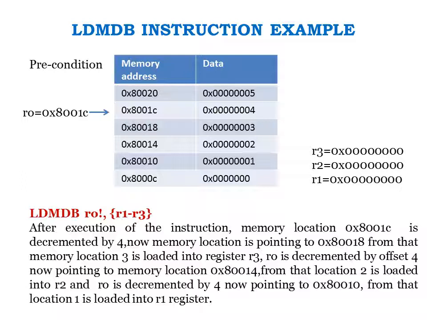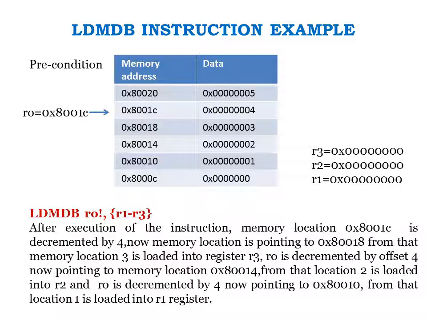That means from that location onwards, a block of data, 3 data, are copied into the registers R1, R2 and R3. So how is it done? LDMDB R0!, and a set of registers has to be written in the bracket, R1-R3. It should be in the incrementing order. If 4 data have to be moved, then you write R1 to R4. So if you want to move 3 data from a block of memory to the registers, you mention the register names in the order R1 to R3.